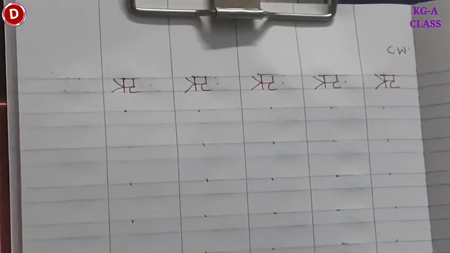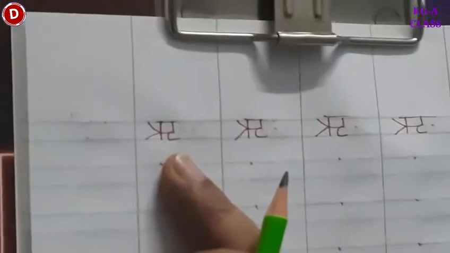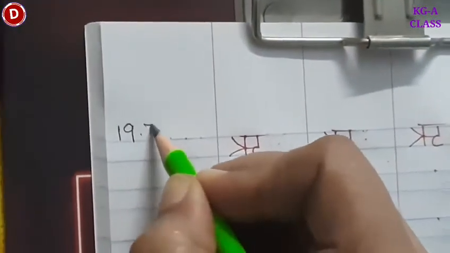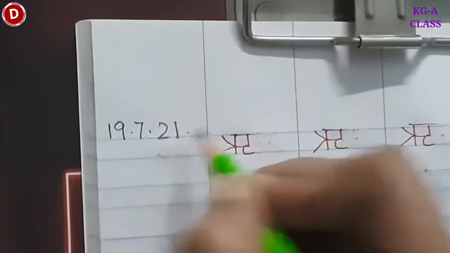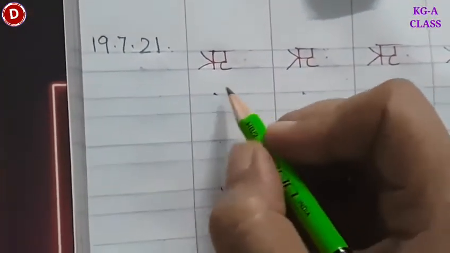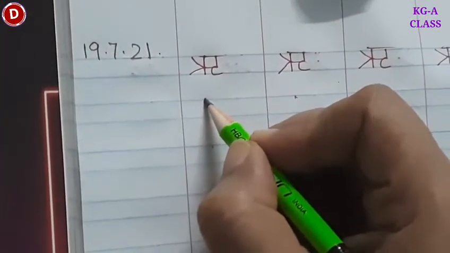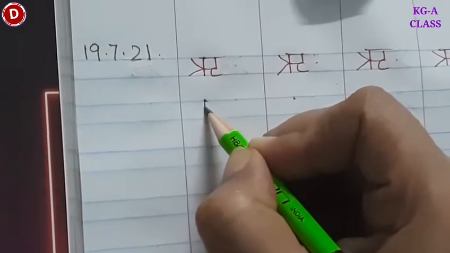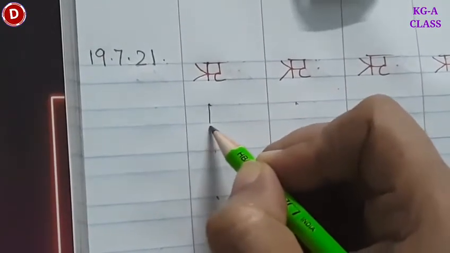In practice work, आपको क्या करना है? You have to write री से ऋषि in your Hindi notebook. समझ में आया आपको? So first you have to write today's date. Today is 19th July 2021 like this. Now children, put your pencil on the blue line and you have to make a standing line till the second